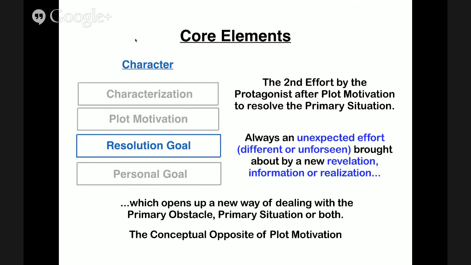Now what that negative A and the positive A is, that's where the creative insight and creative energy and work comes. But knowing that he has to do something that is the conceptual opposite of what he tried before at least narrows the path with which you have to dream up your sequence, your movie.